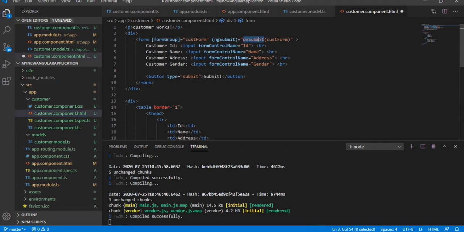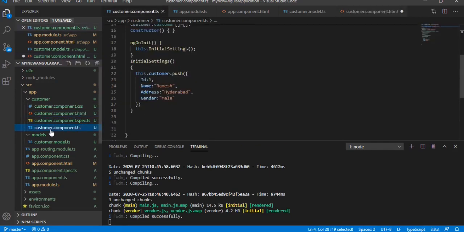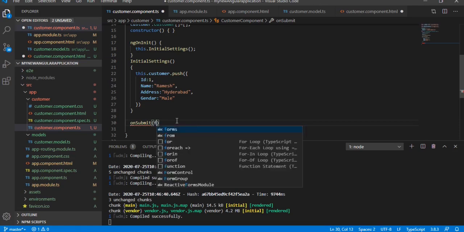So this is the event, right? Just implement the onSubmit event. On submit, we are going to post the form details.